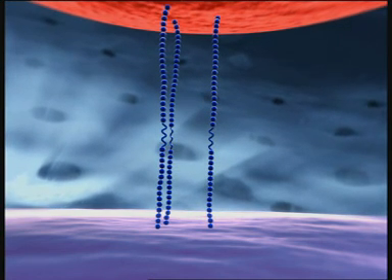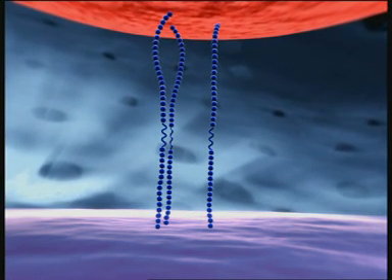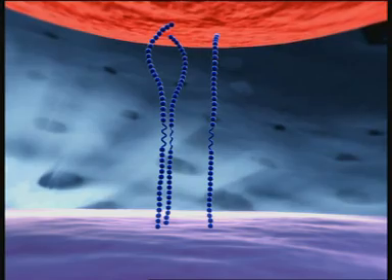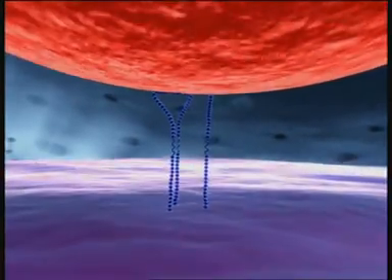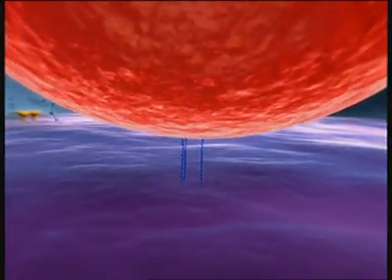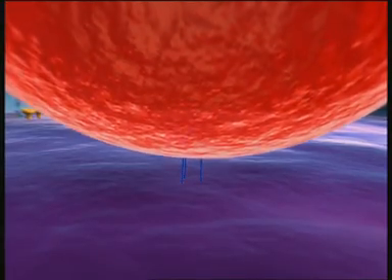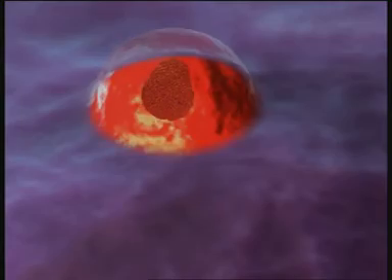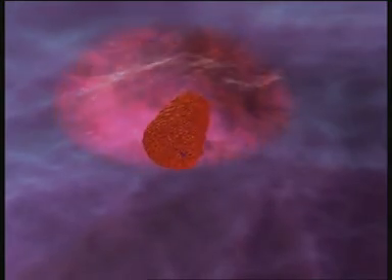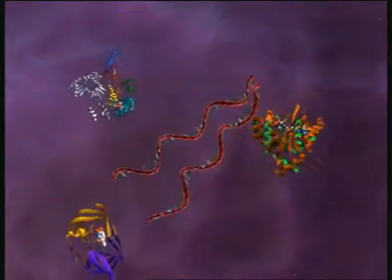GP41 then folds back on itself. This draws the virus towards the cell and facilitates the fusion of their membranes. The viral nucleocapsid enters the host cell and breaks open, releasing 2 viral RNA strands and 3 essential replication enzymes: